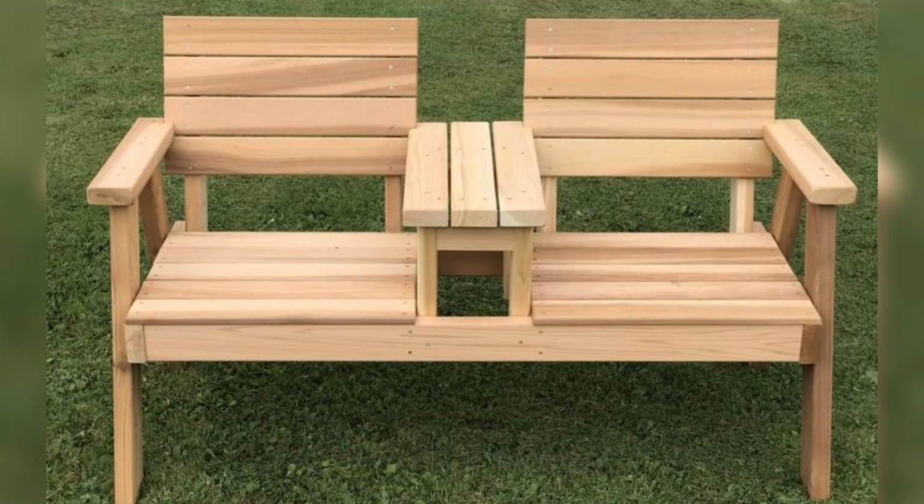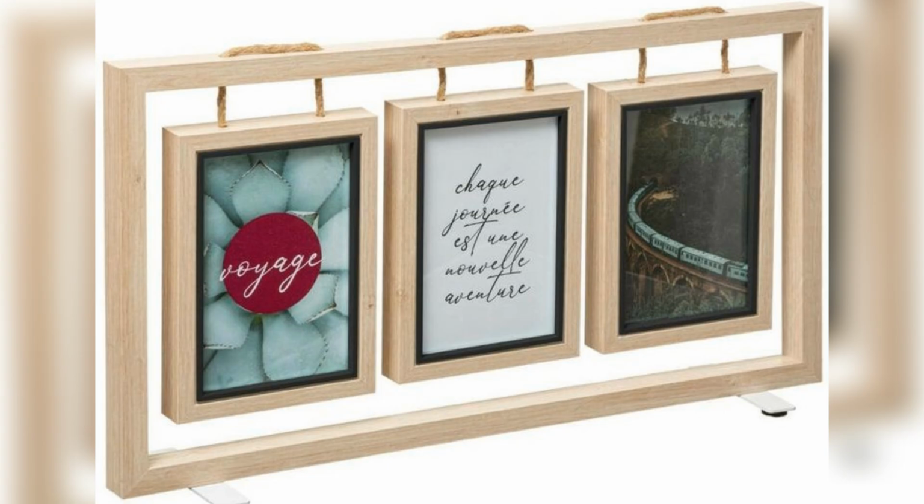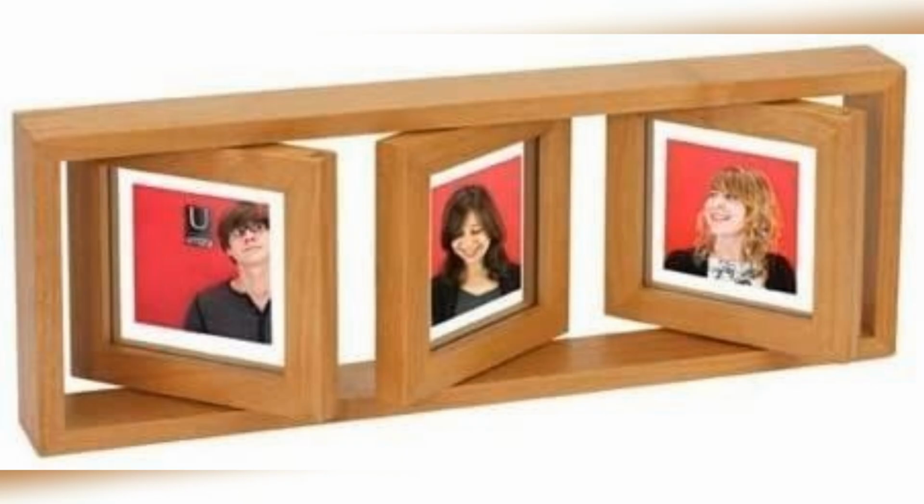In addition to being eco-friendly, using reclaimed wood often means embracing imperfections, knots, varying grain patterns, and unique colors that can enhance the visual appeal of your crafts. As you work on these projects, consider how each piece will interact with the surrounding space. The goal is to create an environment where each element complements one another, forming a cohesive design narrative throughout your